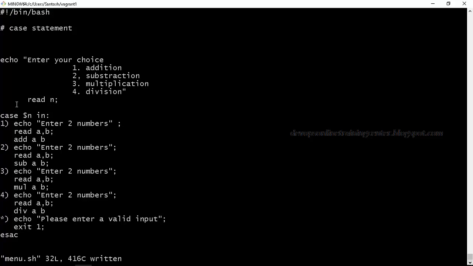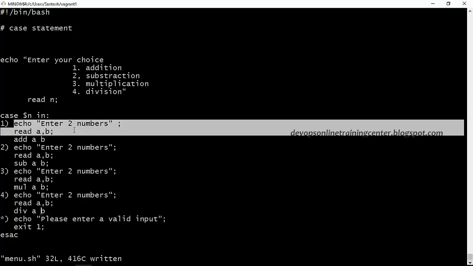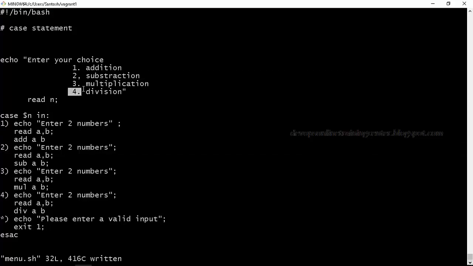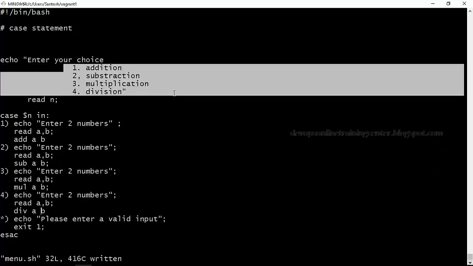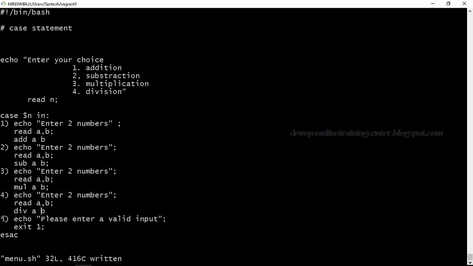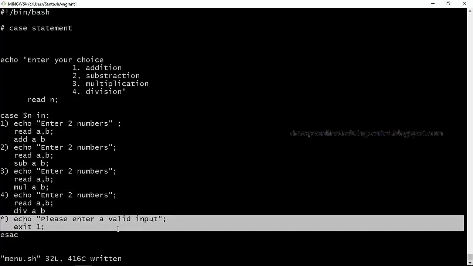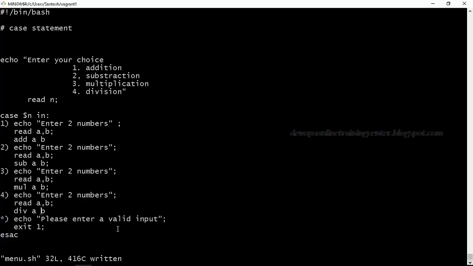Then if the user enters choice 1, means if he selects addition, perform this. If he enters 2, perform this. If he enters 3, perform this. If he enters 4, perform this. If he doesn't enter anything out of these, and he enters some other value, then it will throw an error message saying that please enter a valid input, and it will exit from the script.